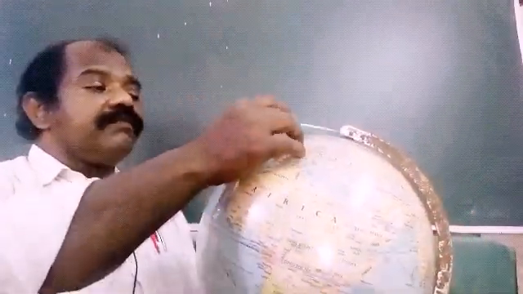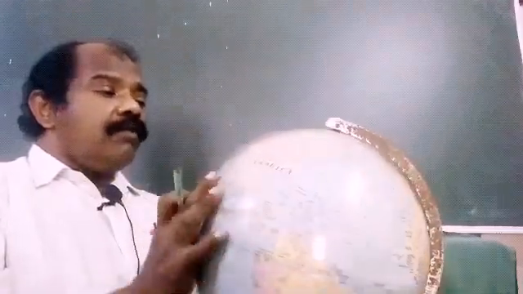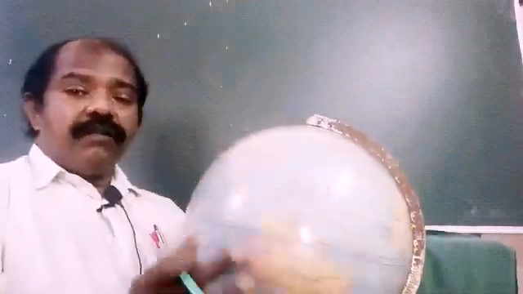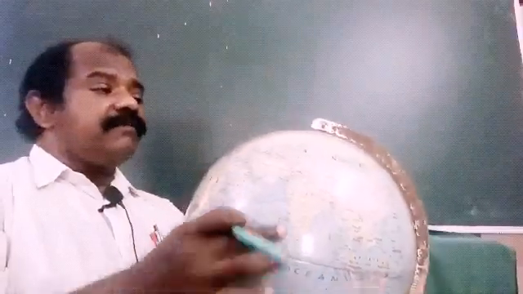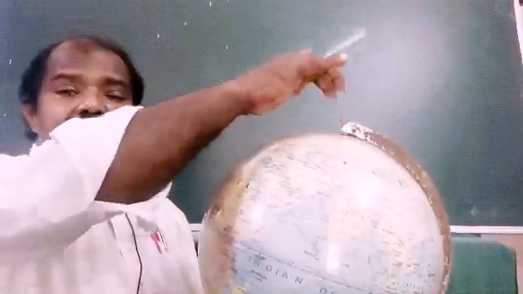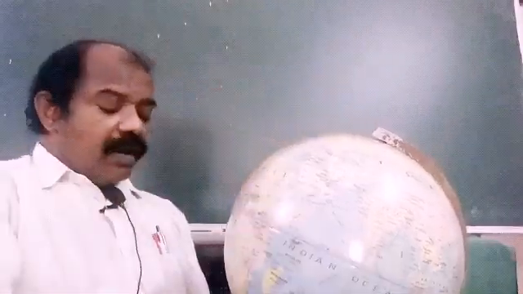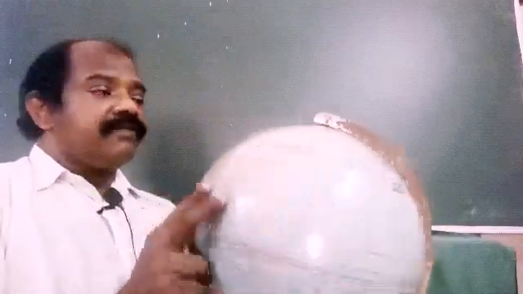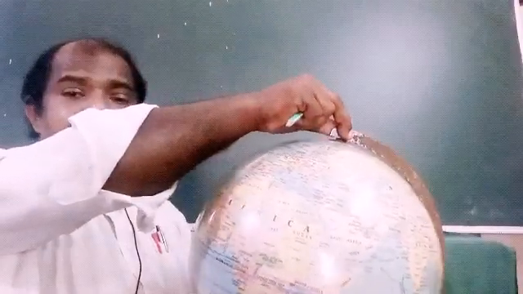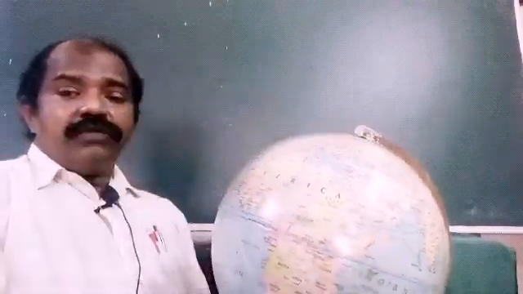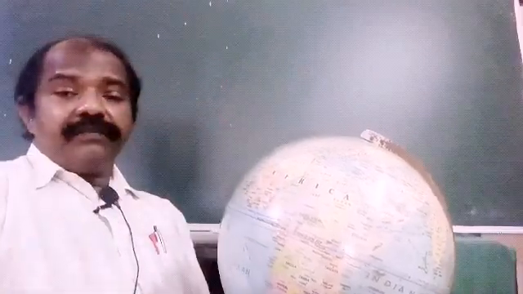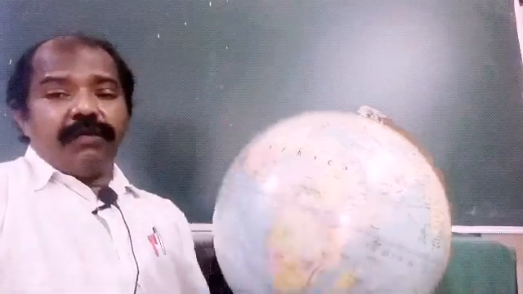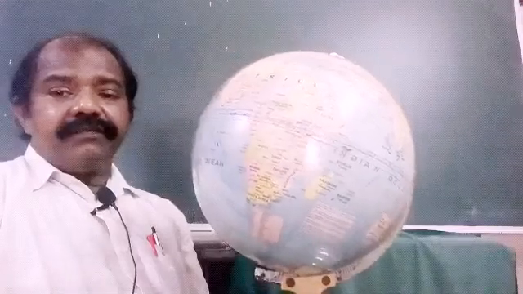And here you see the globe moves like this. When the globe moves like this, that means inside it a pin is connected from one side to another side. Only on that does the globe move like this. Otherwise the globe will not move like this. So the pin which is connected from North Pole to South Pole through the globe is called the axis of this globe. Axis. The axis is not straight.